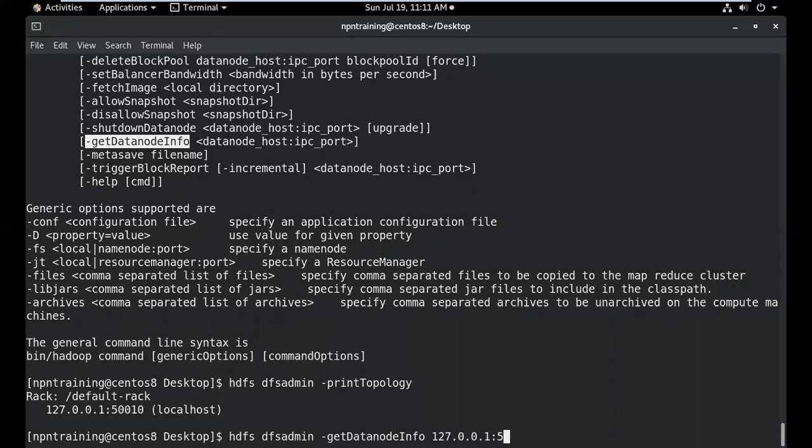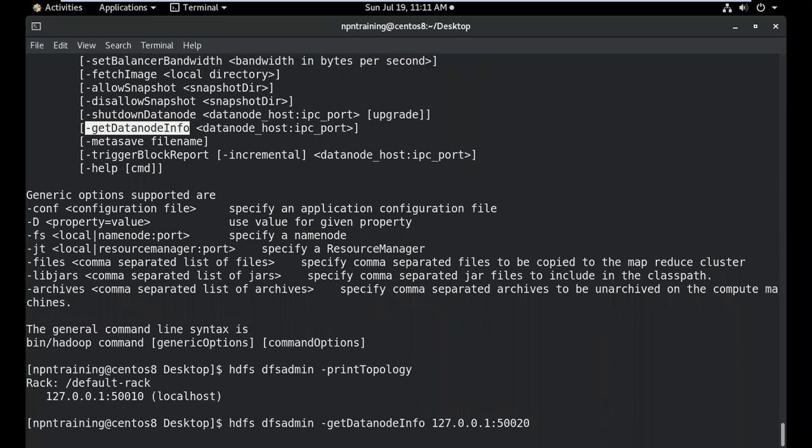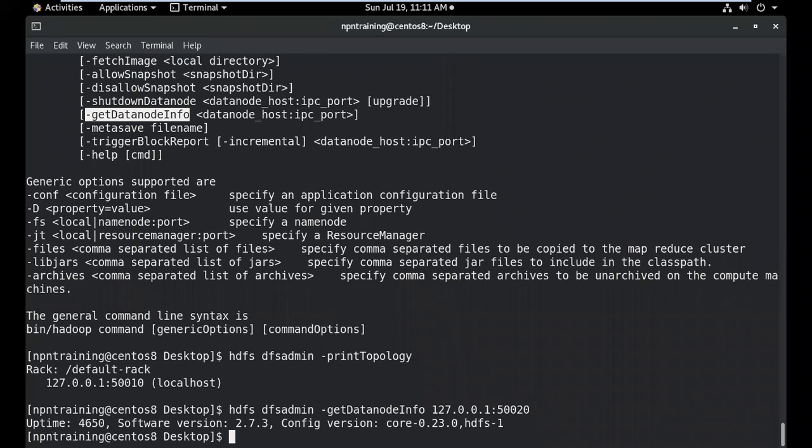I think the communication happens on port 50020, if I remember. Let me save this. This is the default one. Can you see this? It tells you the uptime and the software version we're using, things like that. So we can get the data node information by these admin commands.